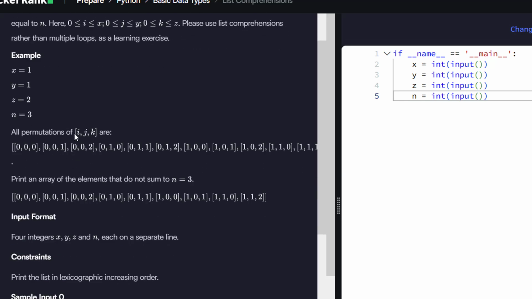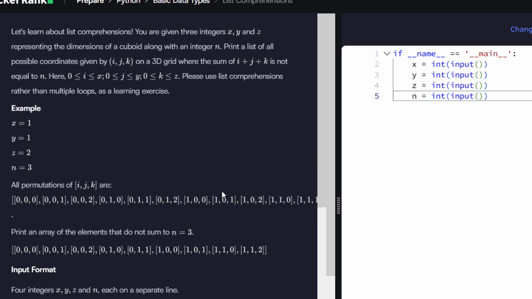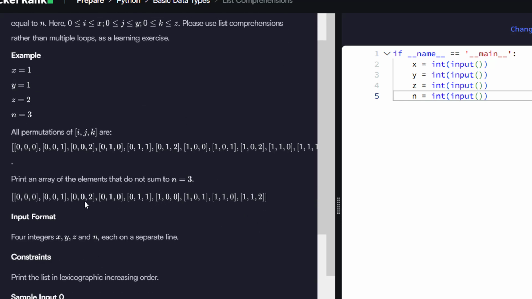So all permutations of i, j, k are these, but you should not include those where the sum will be equal to 3. See here, it's 0, it's 1, it's 2, it's again 1, it's 2, 1, 1 plus 1, 2, 1 plus 1, 2 and here it is 4. None of them having i plus j plus k equal to 3.